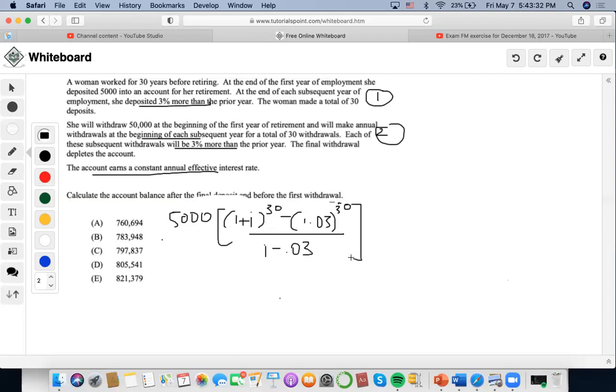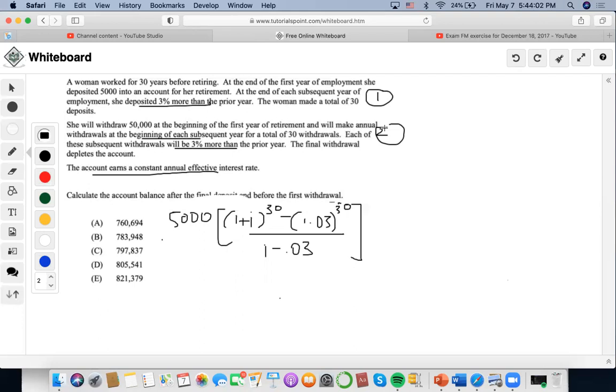Now, another thing now is that we have this part 1 solved, right? Now we need part 2. So for part 2, it says that she's going to withdraw $50,000 at the beginning of the first year, and will make annual withdrawals in each subsequent year for 30 withdrawals. Each of them will be 3% more. Okay, so now